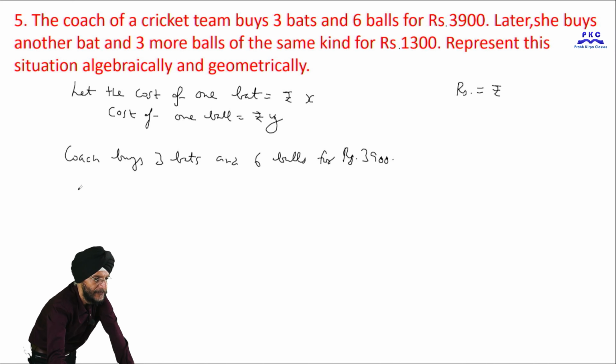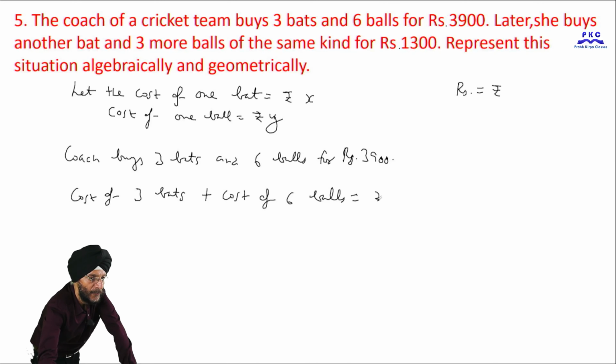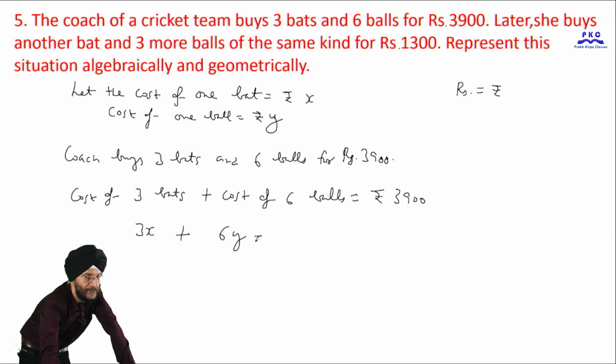We can also write it as: cost of 3 bats plus cost of 6 balls is equal to rupees 3900. What is the cost of one bat? x. What is the cost of 3 bats? 3x. What is the cost of one ball? y. What is the cost of 6 balls? It is 6y, which is equal to 3900. We can also write it as 3 into